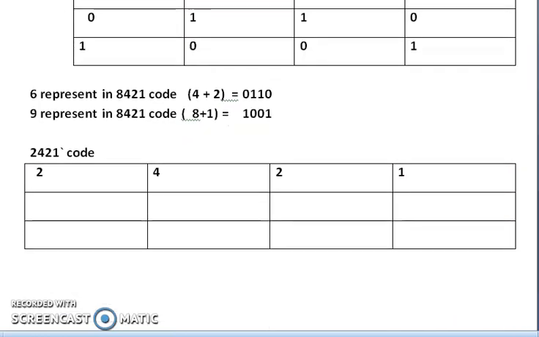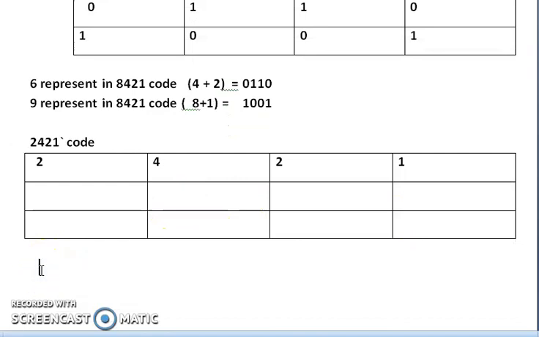For example, represent 6 in 2421 code. For the 2 you put 1, for the 4 you put 1, so 2 plus 4, and the remaining are zeros. So the code is 1100, which is 6.